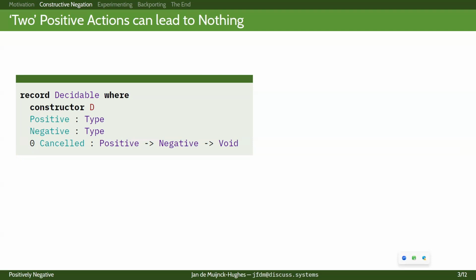And the very simple idea here is we can construct a record which has 2 types, one that holds positive information, one that holds negative information. And we can say that at compile time, we have a proof that these 2 things, when placed together, cancel each other out. And to me, that's a very powerful notion of saying, well, instead of having a proof of void, we have 2 things that cancel each other. And what that means is